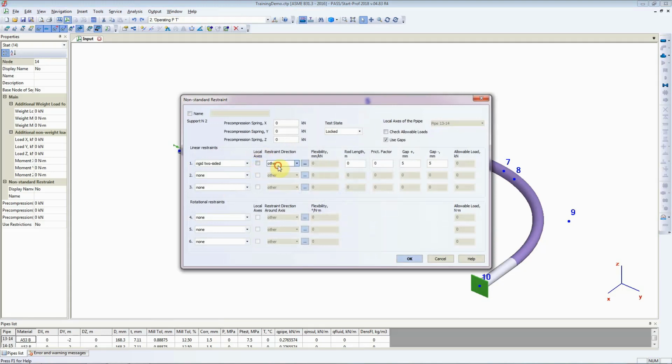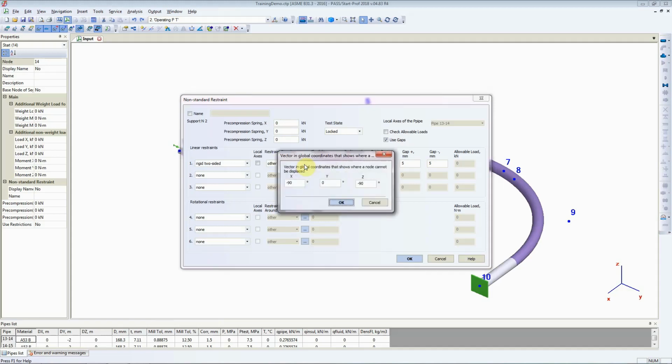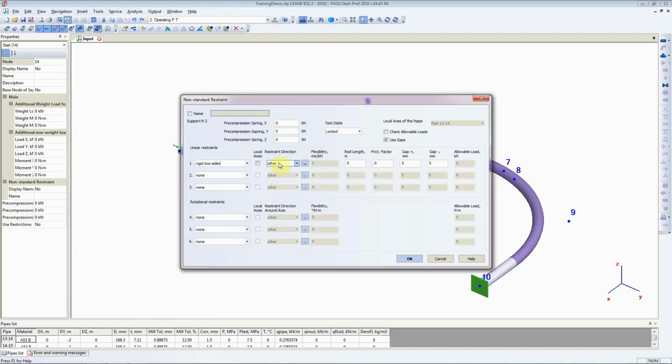When you untick local axis, Start Prof asks you whether the support is in the plus X global direction, Y, Z, minus X, minus Y, or minus Z global directions. You can select which direction you would like to have that support go to. You can also click on this ellipsis and provide a vector in the direction that you want the support to be. Right now, click on OK and we'll just say we want the support to be in the plus